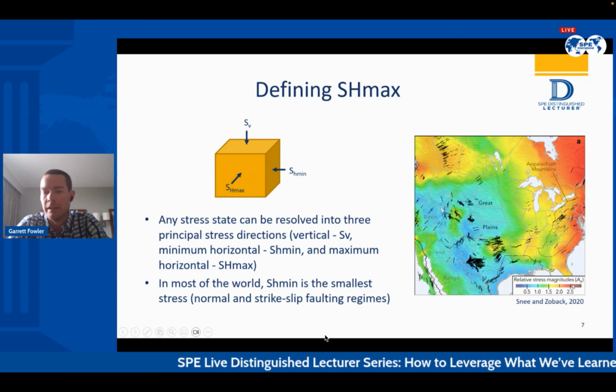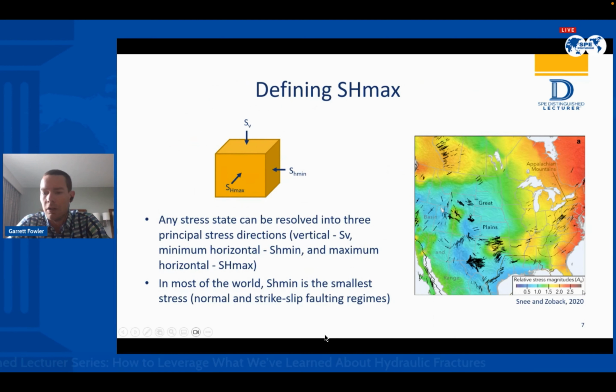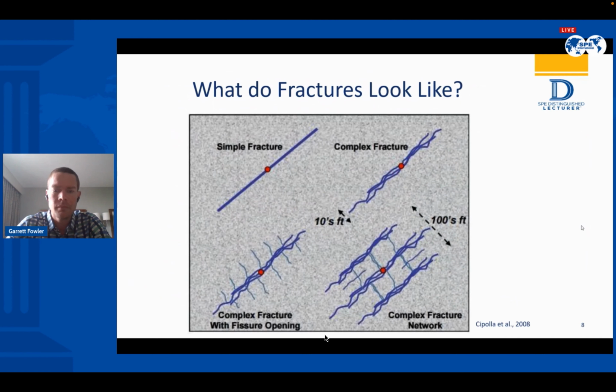That's being shown here in a stress map from Snee and Zoback, where it's only in this purple region on the far right-hand side of the scale where you'd end up in a reverse faulting regime, where your minimum principal stress is no longer in the horizontal direction. We can see that very rarely occurs, but there are a few areas where it does. What that means is these fractures are typically oriented in a vertical orientation. But then we have this question of how they propagate once you start cracking around this vertical feature. Where does it go? And this is a nice